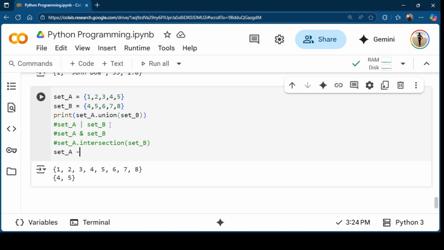Set A minus set B. Okay, so it gives us 1, 2, 3. 4, 5 is not there, because we are saying that looking at set A, you should remove what is in